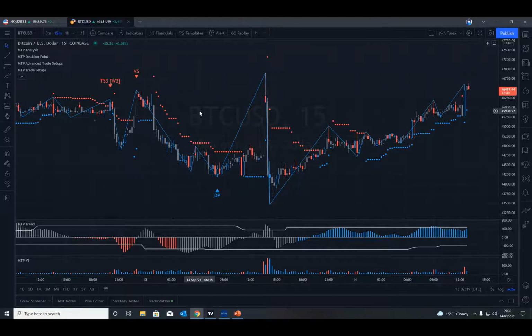The approach we use, it doesn't matter whether you're using TradingView, our standalone version, or our NinjaTrader add-ons, whether you're trading Bitcoin, the US minis, stocks, or Forex, we take the same approach. For those of you who've been with us for a while, you should be very familiar with this, but I'll just repeat it. MT Predictor is not a black box system. I've been in the markets for 34 years now.